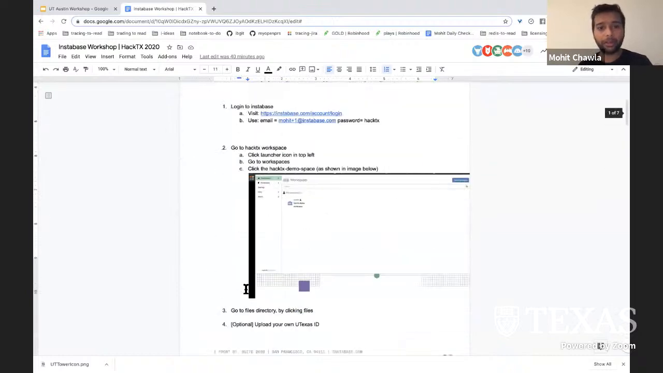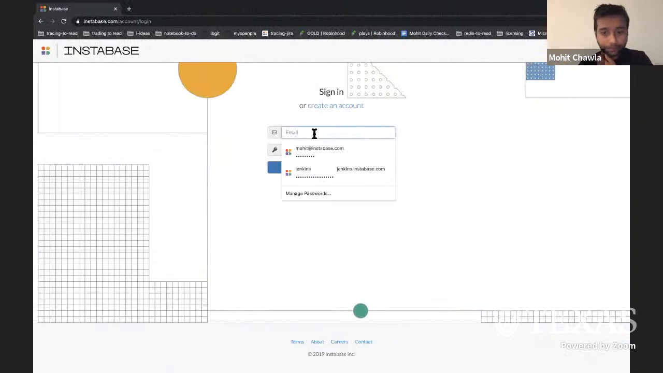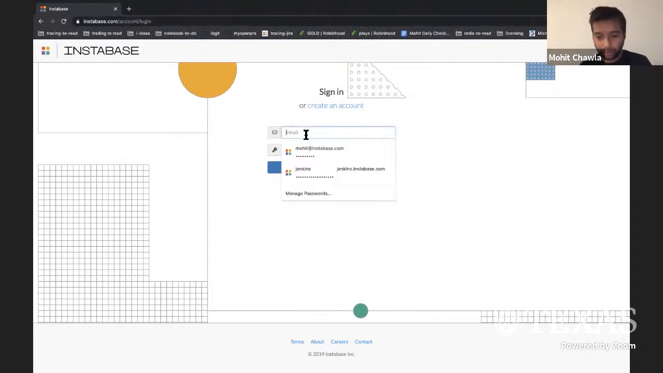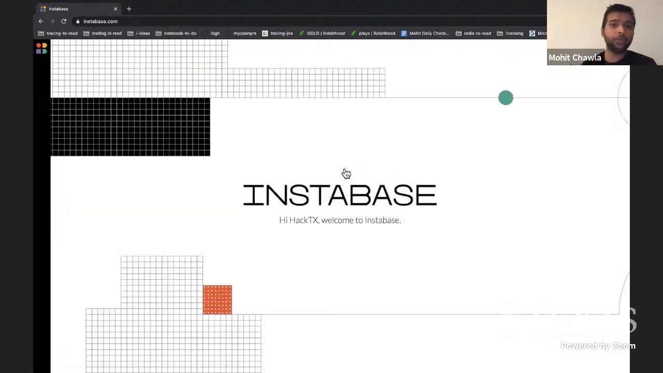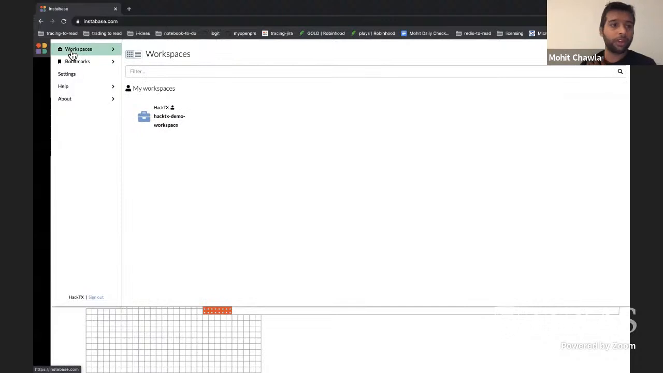So I'll go back to the workshop here. So I'm on instabase.com/account/login. Let's log in using the account that we created for this workshop. Password is HackTX. So bam, I'm signed in. So this is what an Instabase homepage looks like. So on the sidebar here is the launcher, which allows you to do